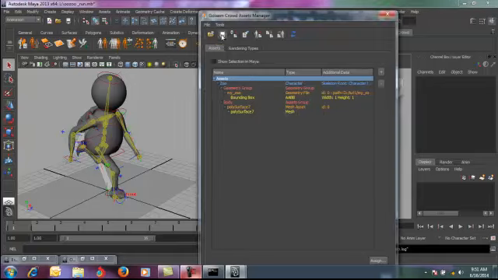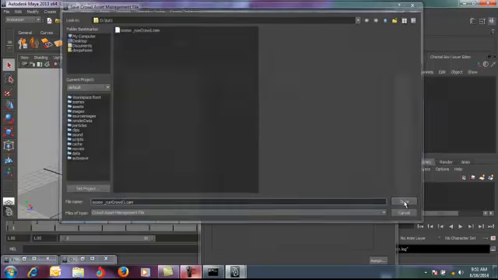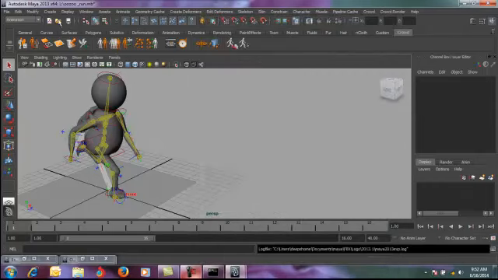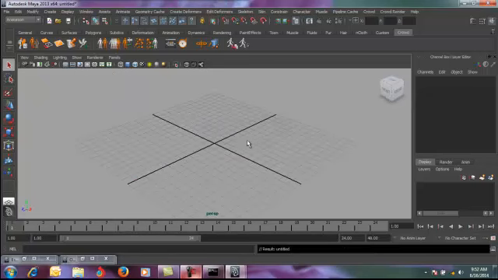I'm going to save this CAM file. Okay, so I'm going to just go ahead and rename this. So it's run crowd 1, and I save it. Now these are all the assets and files which I needed to start with the crowd simulation. Now I will load a new scene. I don't require the scene, just close this. Now let me just increase it to 500.